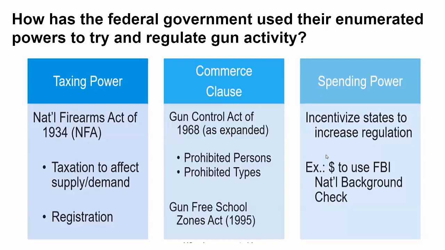And then the spending power, right? For instance, the federal government may incentivize certain regulations in an effort to try to get states to adopt them. The famous carrot approach, right? Where the federal government, for instance, offered extra additional federal money if states were willing to adopt federal national background checks for potential gun owners. So again, different methods and ways the federal government can still try to influence and regulate gun activity despite the